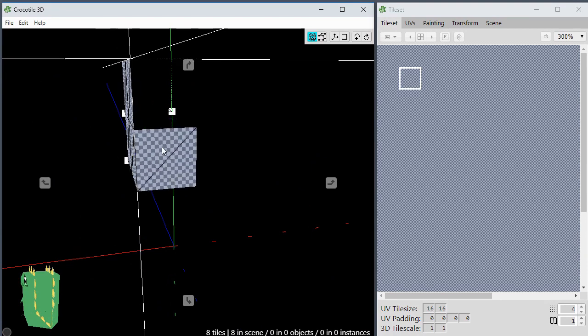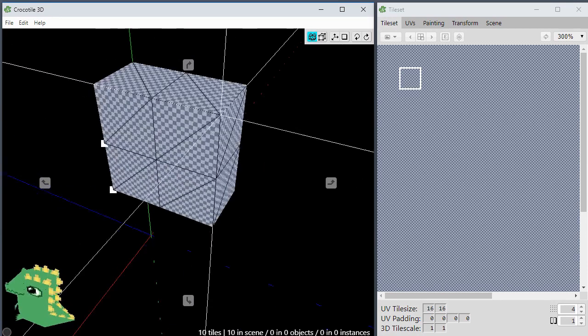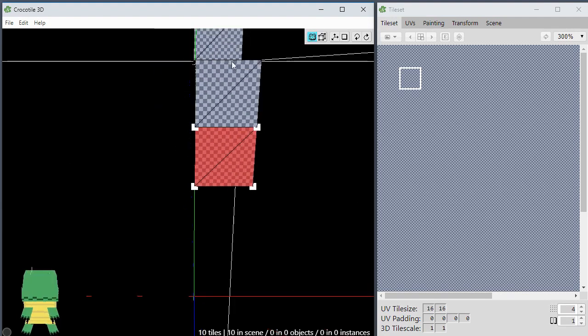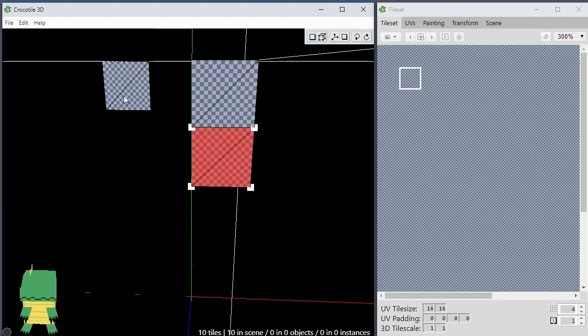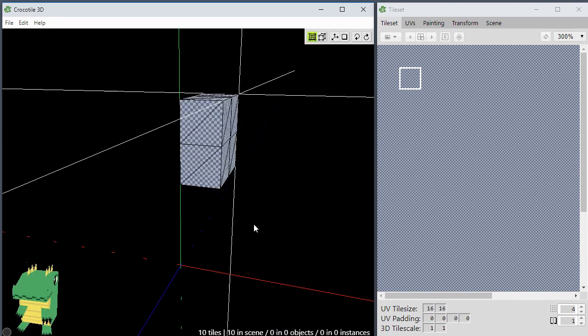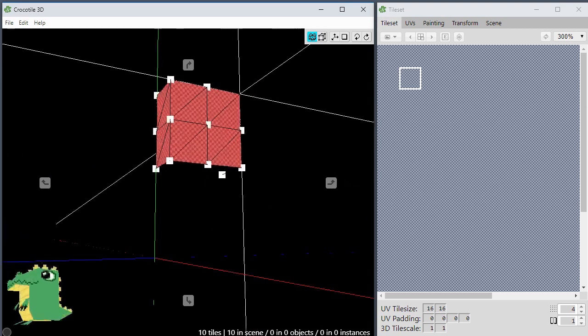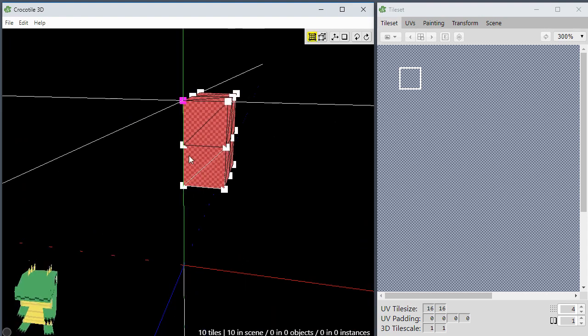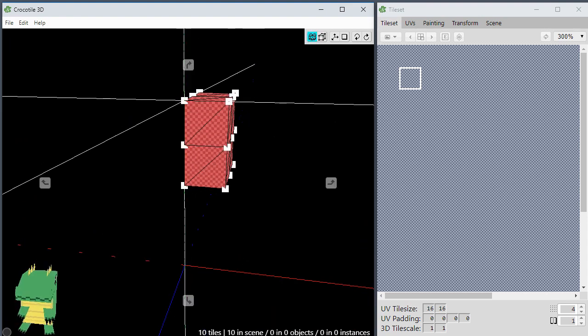Maybe you could put some in the back right here, like that. And also I'm thinking about just one side of it, so I might mirror this later by selecting all the tiles like this and clicking on a vertice that is in the center of it, and then I could do Control C, Control V to paste it, and then hit